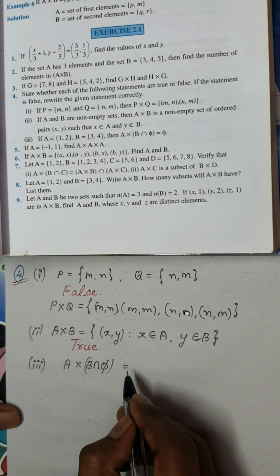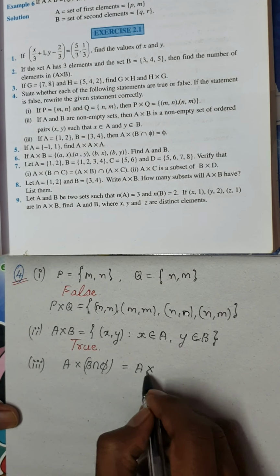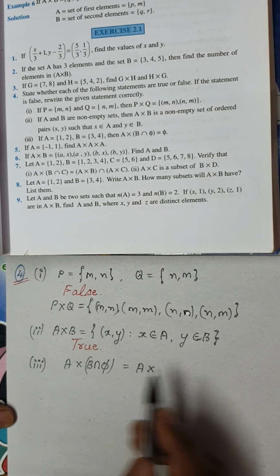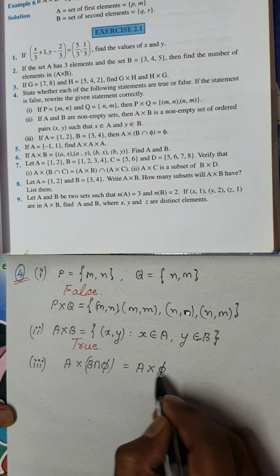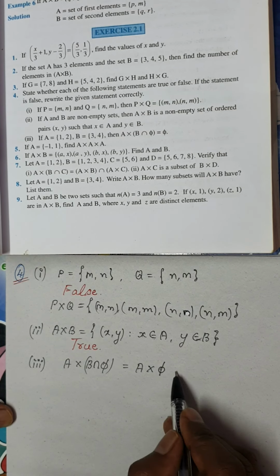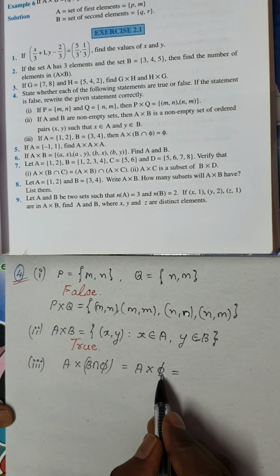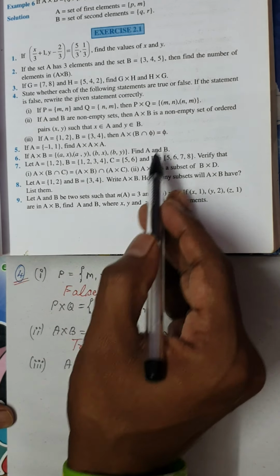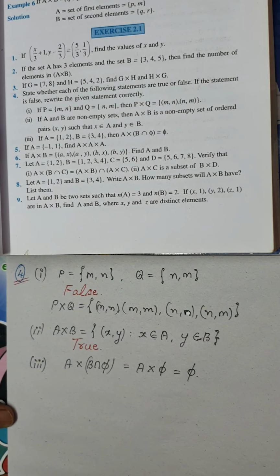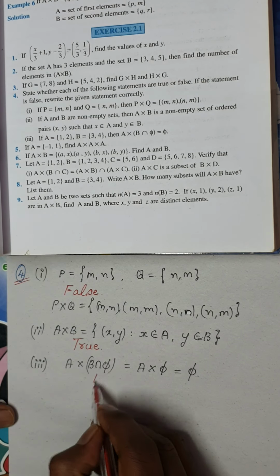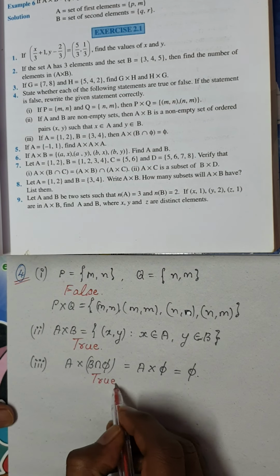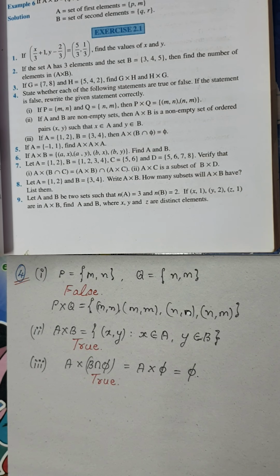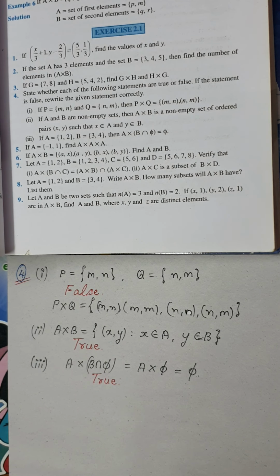Okay, let's check this. Let us keep A cross as it is. Now B intersection null set means intersection of any set with null set will definitely be a null set. Now we know that if you take a Cartesian product of any set with null set, this will definitely be a null set. He has told you it is null set and I've got this is null set. That means the given statement is also true and my work is complete, because if it is true, I can go further. So we have completed question number 4.